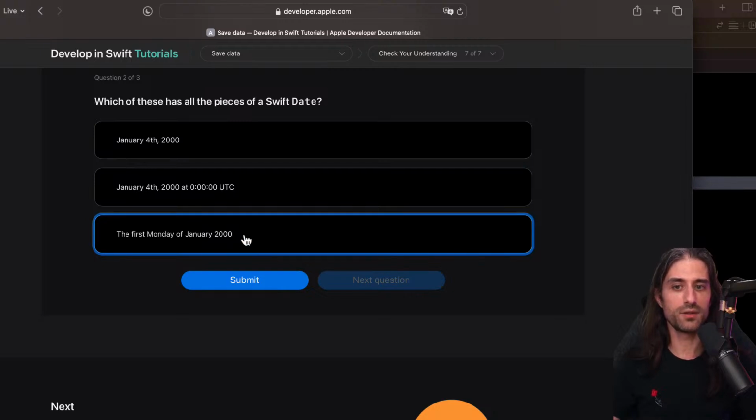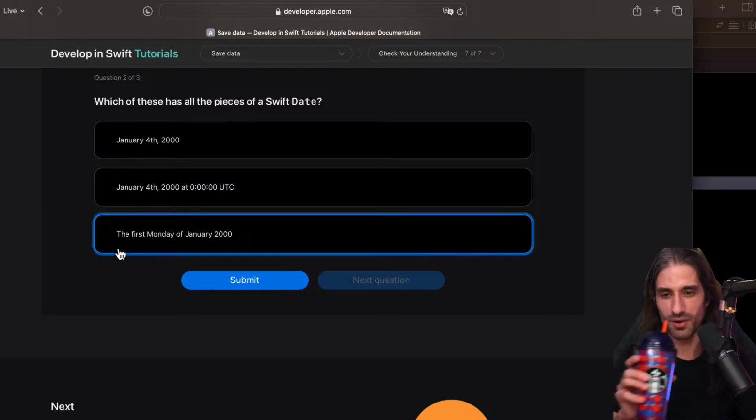Interestingly, this one, if you add the time zone, I think it's also a fully specified date because there is only one first Monday in a month. So saying the first Monday of a month, in a way, it's equivalent to saying the number of the day because you can compute one from the other. Actually, there are formulas that give you the day of the week given the number of the day. They are very interesting and quite complex. I had to do a project like that when I first started to learn computer science. So that's quite interesting to know that these formulas do exist. But yeah, calendars are deterministic, so it's not random at all.